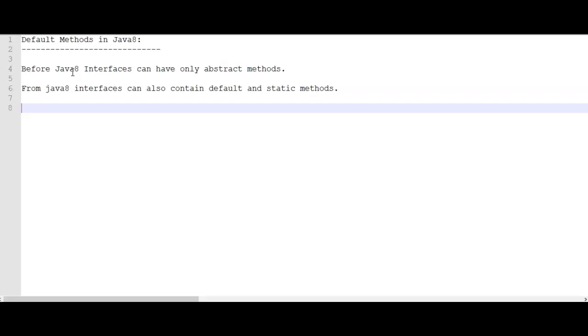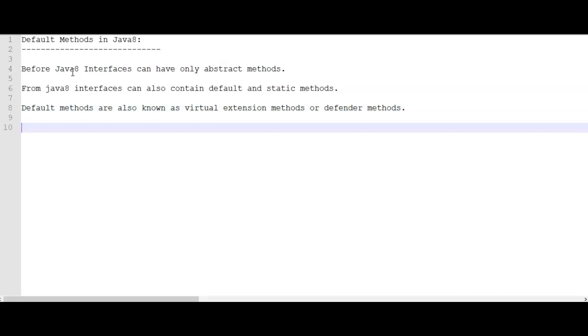Defender methods or virtual extension methods. These default methods are allowed from Java 8.